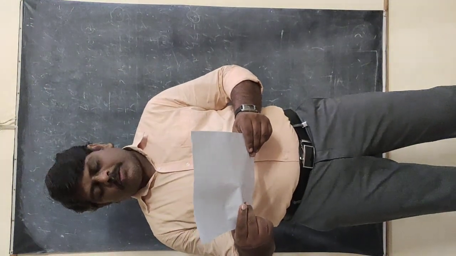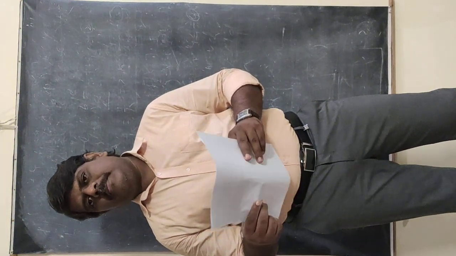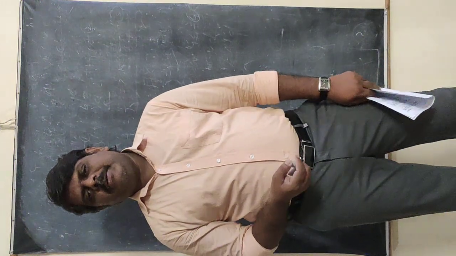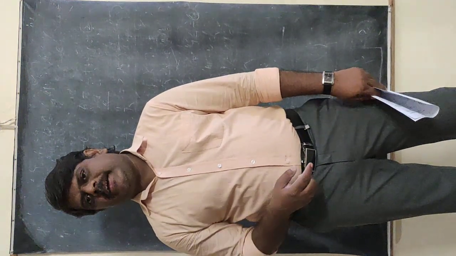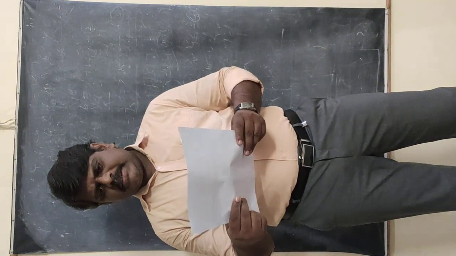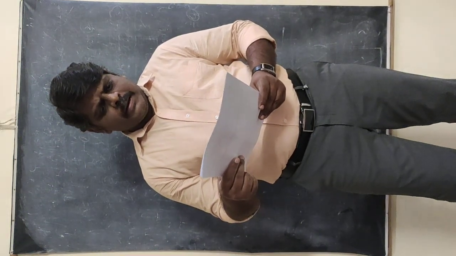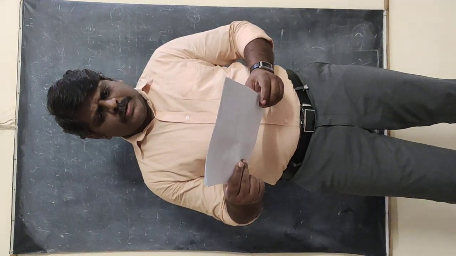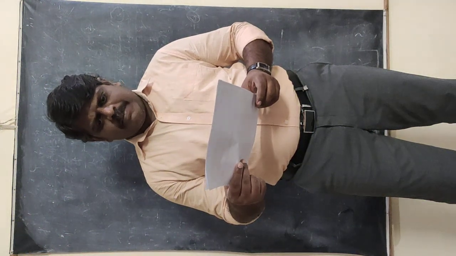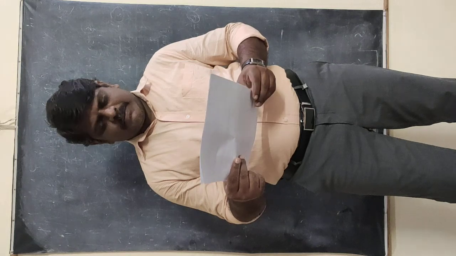Then you have to find the elongation produced when the additional mass is attached here. The elongation is nothing but E is equal to F by K. K represents the spring constant here. The spring constant is not given in the problem, we have to find it out. So let us find the values. E is equal to F by K, and we have to find the formulas and values.